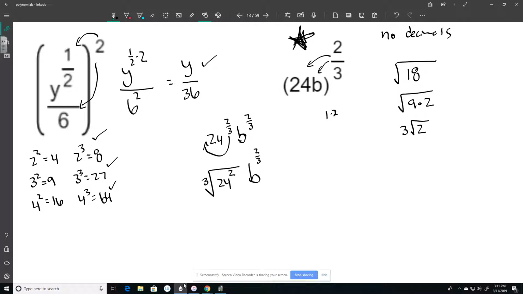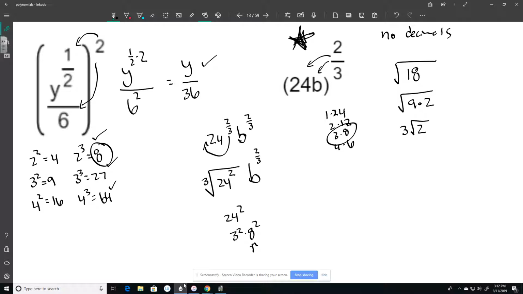Lots of things. 1 and 24 multiply to be 24. 2 and 12. 3 and 8. 4 and 6, lots of things. So I could break up this 24 into lots of different things. But I'm looking for something that I know the cube root of, which is right there, 8. This one. So what I want to do, just like I did right here with the 9 times 2, and I pulled the 9 out, I want to change this to 24. Instead of 24 squared, I want that to be 3 squared times 8 squared. Because I know that the cube root of 8